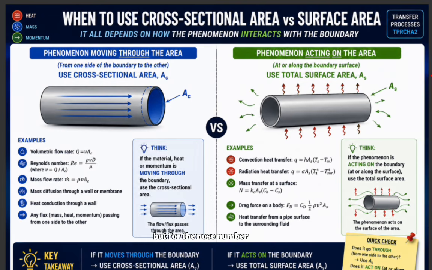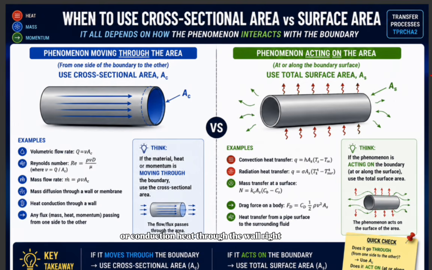But when the fluid is flowing externally, we are going to use the overall outer diameter. So you can use this for calculations of volumetric flow rate through the area, mass flow rate